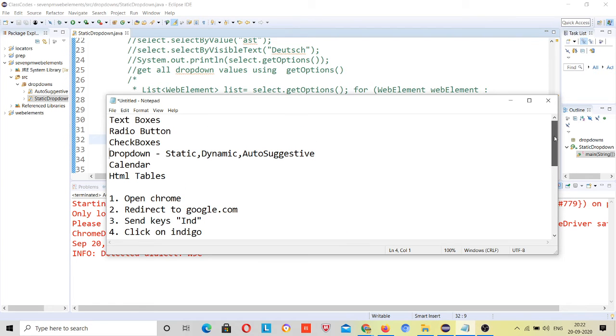Suppose this static drop down is covered, right? This auto suggestive is covered. I will cover dynamic drop down next week. Now I'm going to cover this radio button and check boxes, right? Text boxes are automatically completed just because we have used them multiple times, right? Now here, these two drop downs are completed, and calendar and HTML tables will be next week, right? So just come to the,